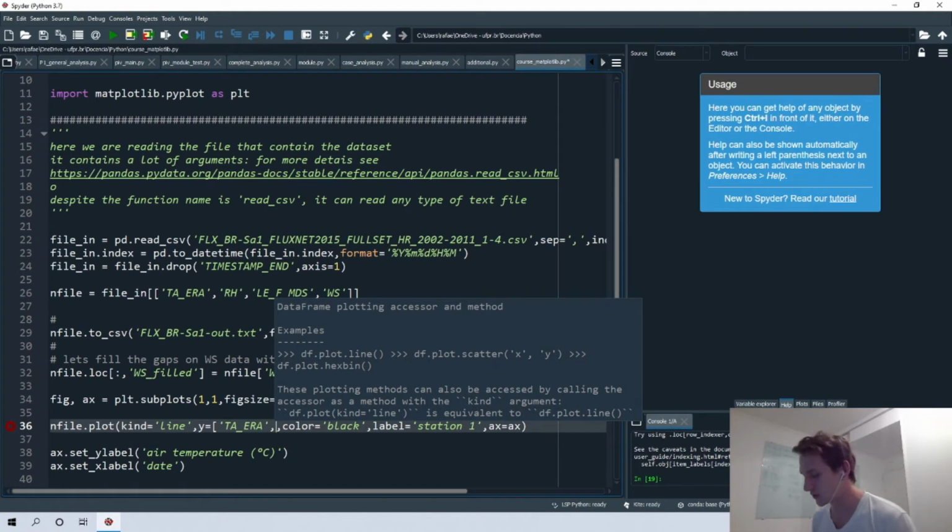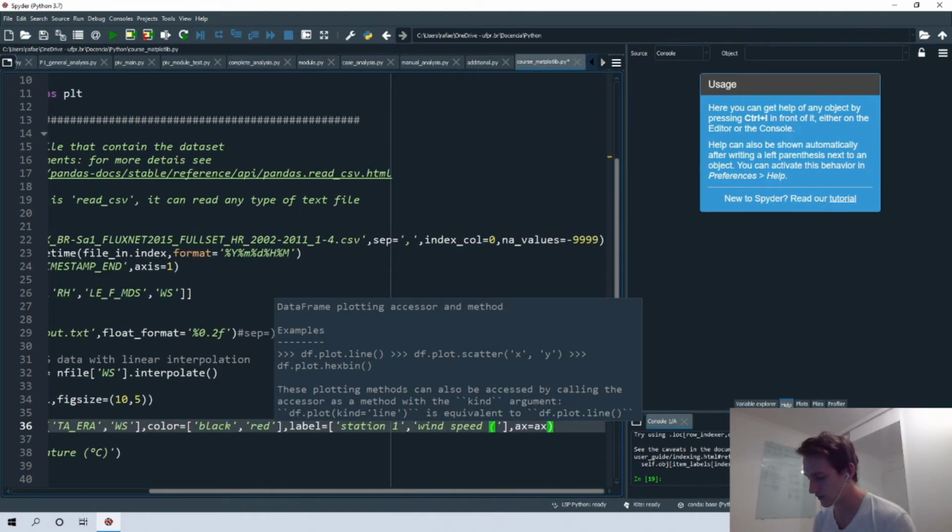So a list of strings, so we can just type ws, that's the wind speed variable, and of course we must change the color and the label to a list of strings. So here we have, for example, red, and this label we can define as a list, with wind speed meters per second, for example.